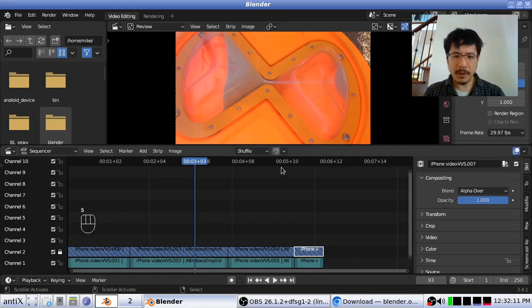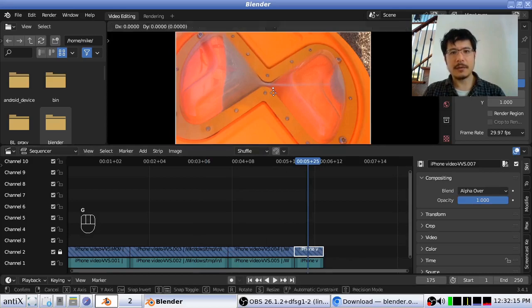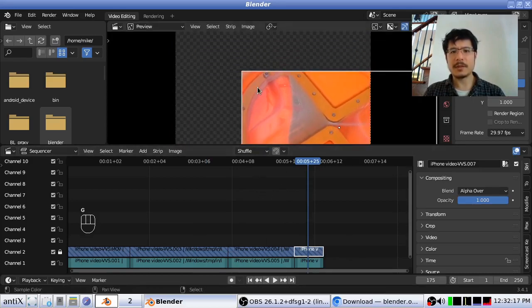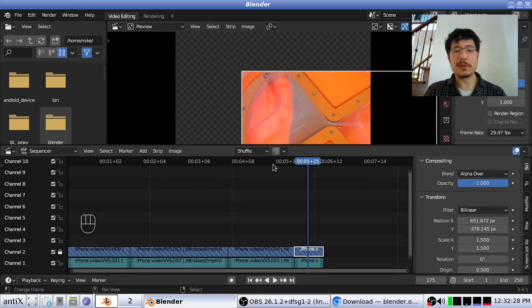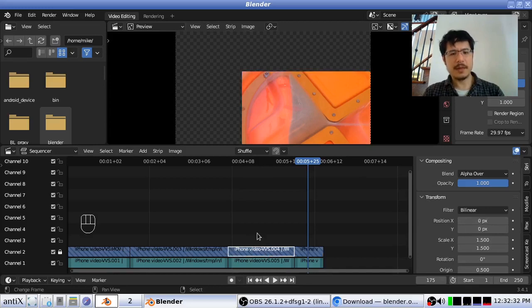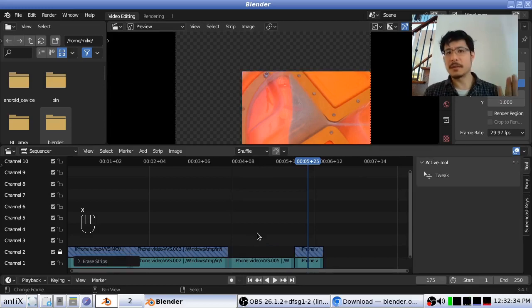Let's see, can I grab that? Yeah, I can still do things like that. I can still change the X and Y by either pressing G to grab from here, or going into the transform to make those adjustments. But I can't move the strip itself. And it looks like I can still delete them. So